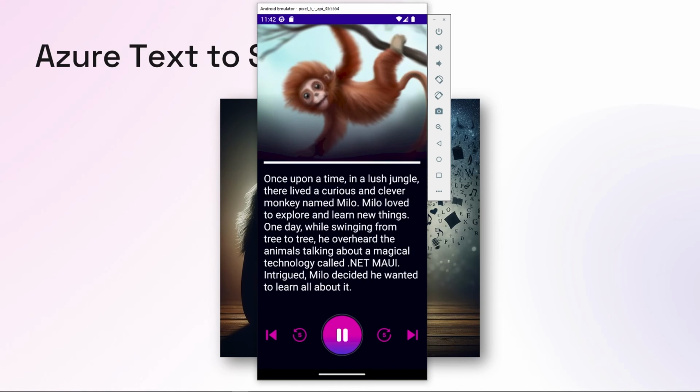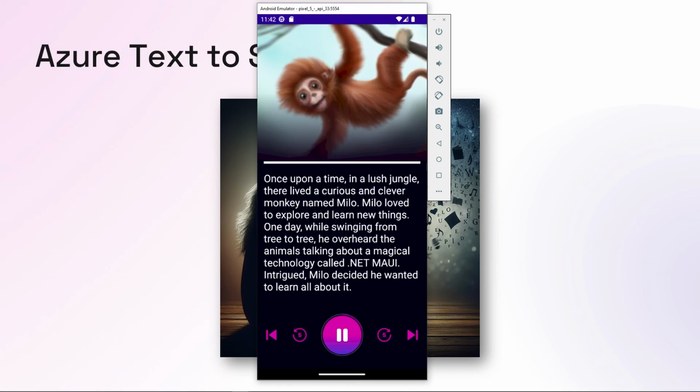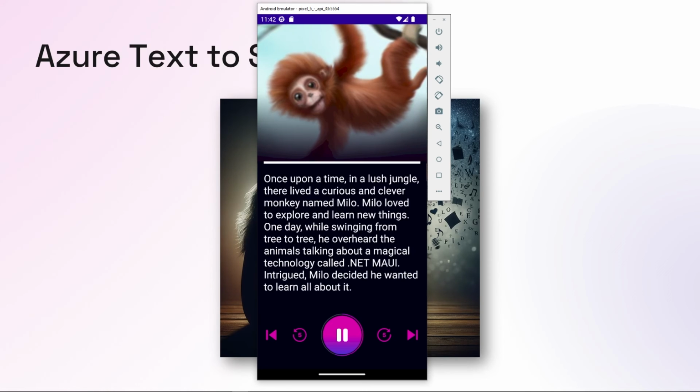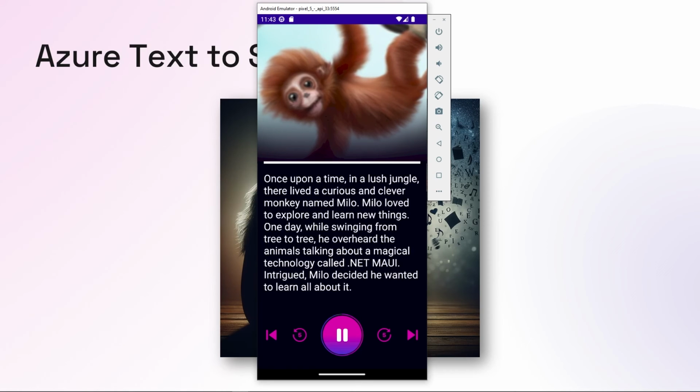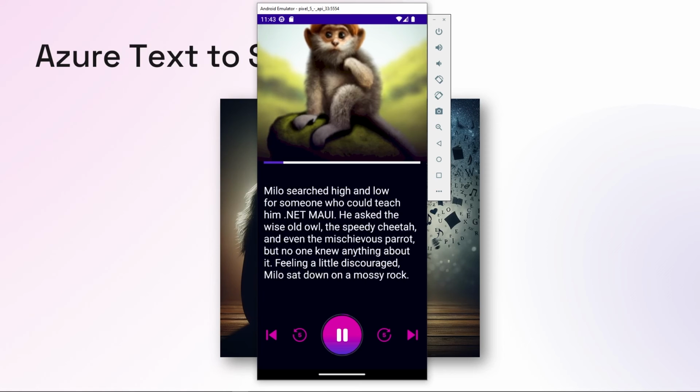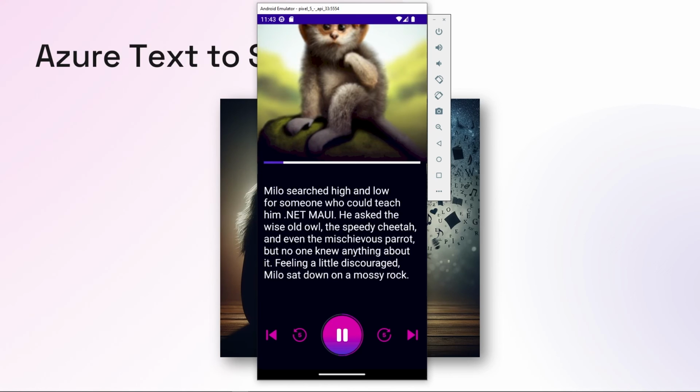Once upon a time, in a lush jungle, there lived a curious and clever monkey named Milo. Milo loved to explore and learn new things. One day, while swinging from tree to tree, he overheard the animals talking about a magical technology called .NET MAUI. Intrigued, Milo decided he wanted to learn all about it. Milo searched high and low for someone who could teach him .NET MAUI. He asked the wise old owl, the speedy cheetah, and even the mischievous parrot, but no one knew anything about it. Feeling a little discouraged, Milo sat down on a mossy rock,